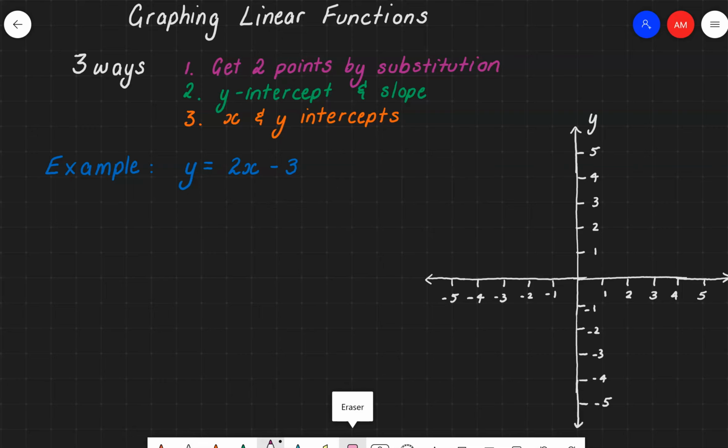Now, when we've got it in this form, y equals 2x take 3, one of the easiest ways, I think, is to just grab 2 points. So we do that by substitution, and we can choose any point for x that we want. One of the easiest values to choose is, of course, when x equals 0. And this is a double whammy because it will also be our y-intercept, because anywhere it cuts along the y-axis